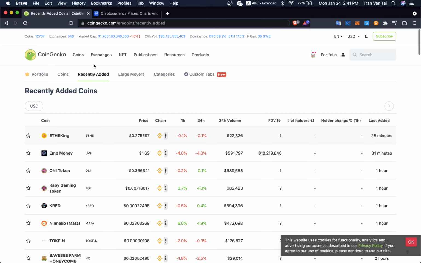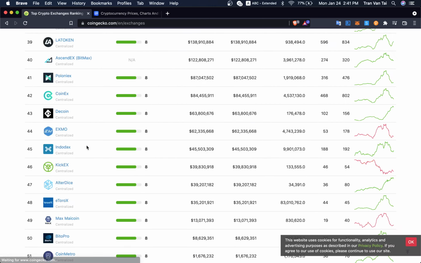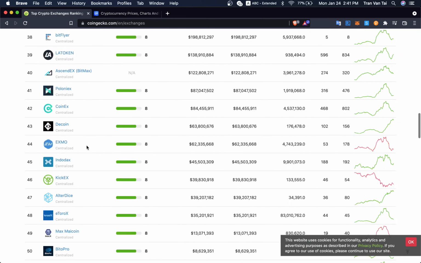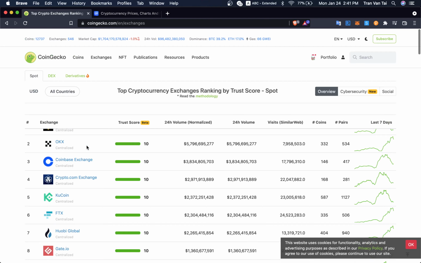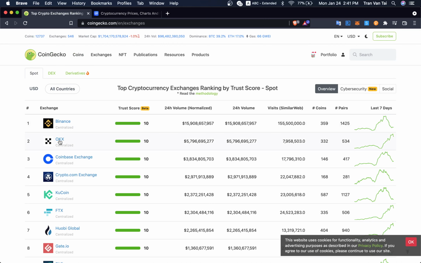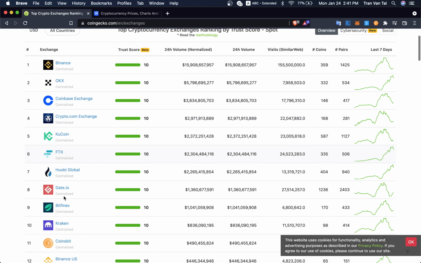Here it changes to spot, centralized trends. There are a lot of centralized exchanges. Number one is Binance, then Coinbase, Crypto.com, KuCoin, FTX, Gate.io,